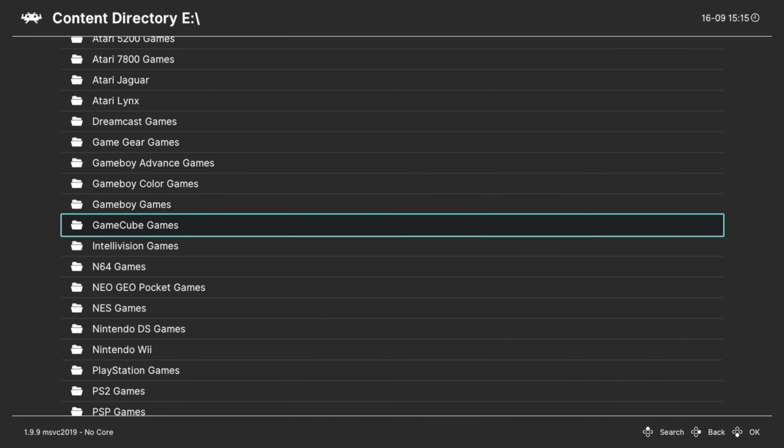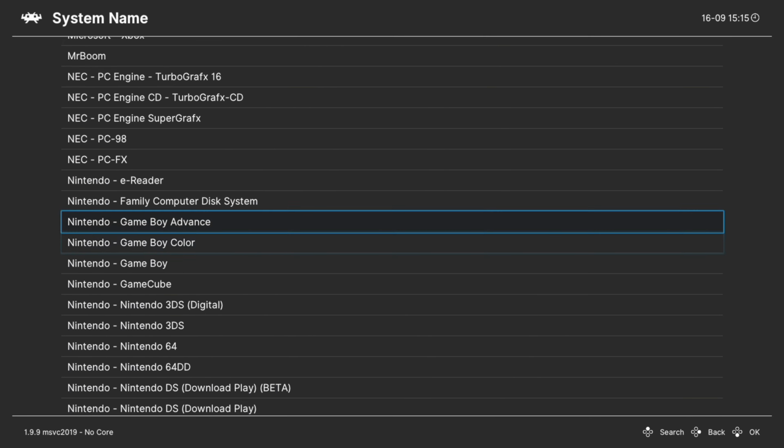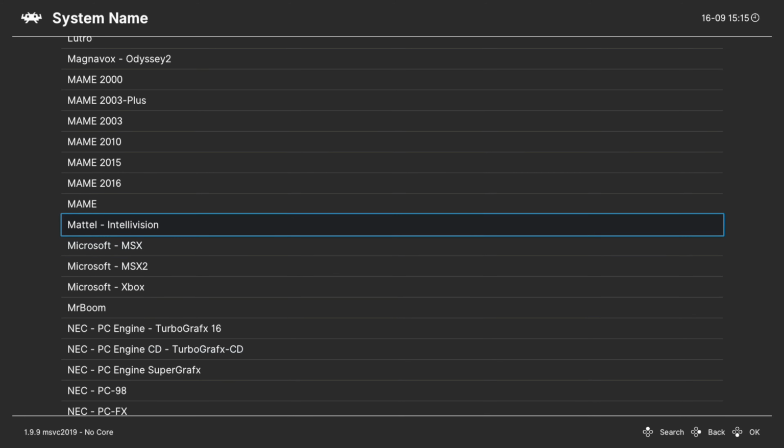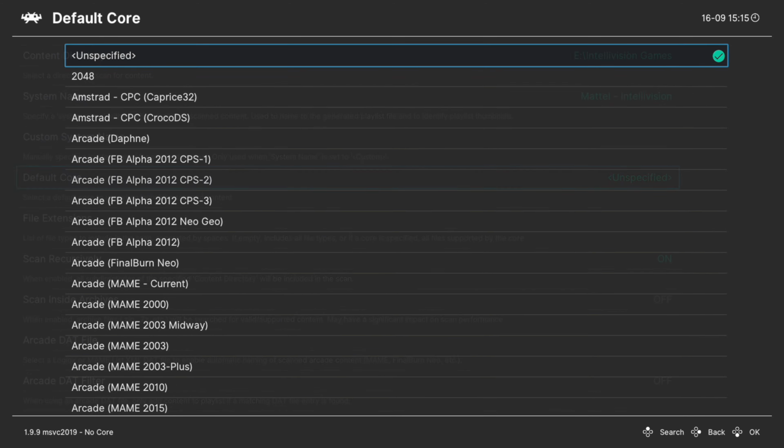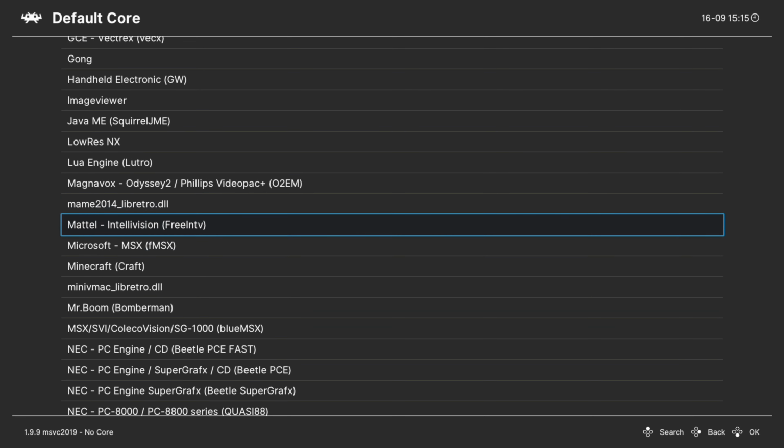Find your Intellivision games folder, scan this directory. Now for system name, press right on your D-pad to go down to M, because we are looking for Mattel Intellivision. Now for the default core, same thing, press right on your D-pad to go down to M and find Mattel